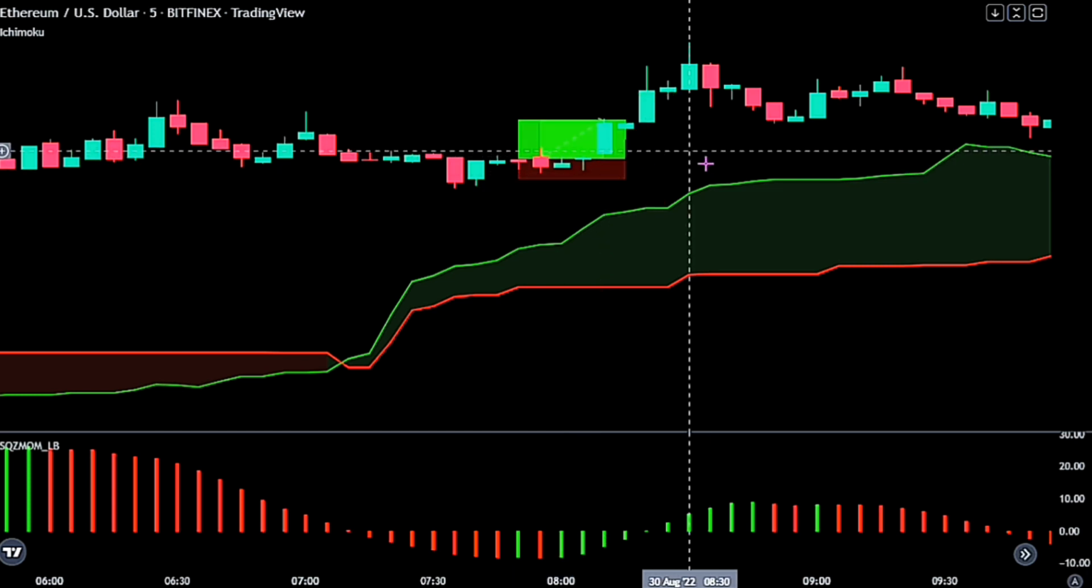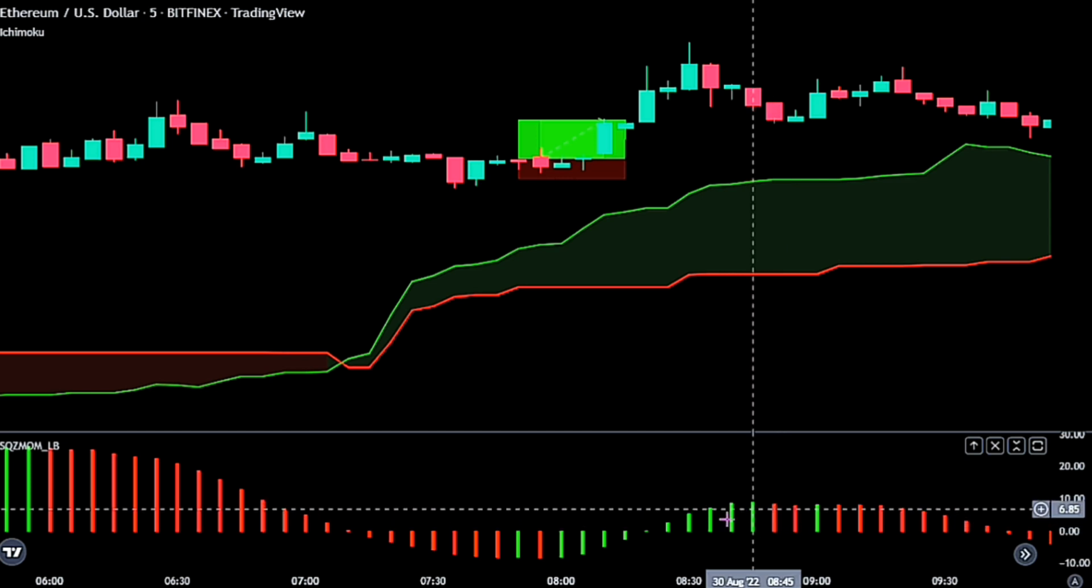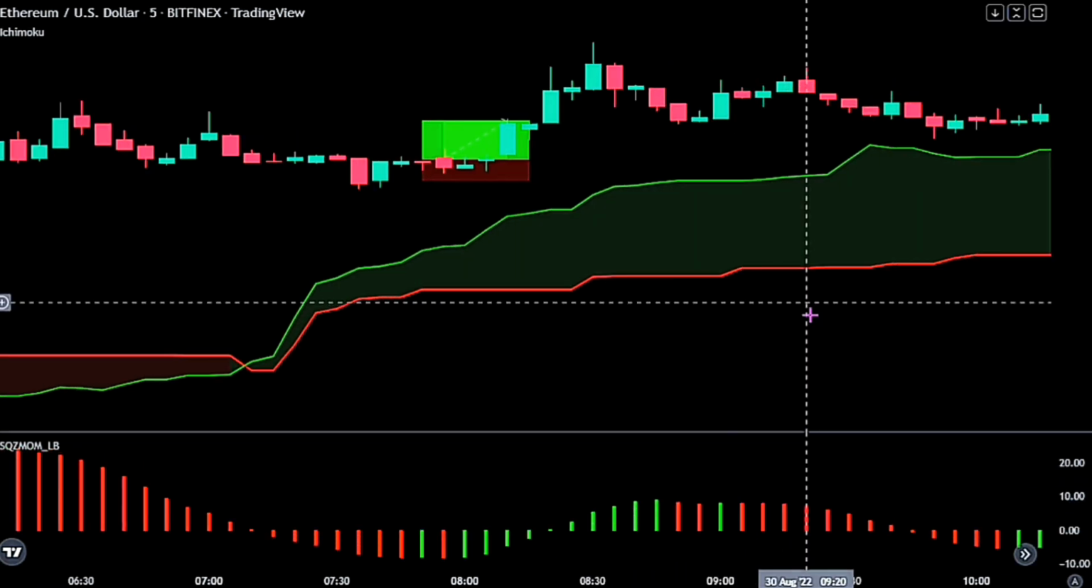Now please note that if our take profit level has not been hit, we would exit the trade only when we see a red histogram above the 0 line. As we move forward,